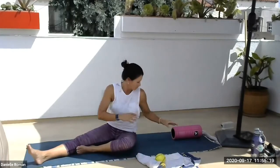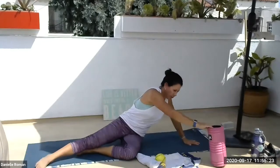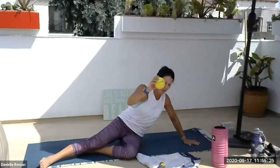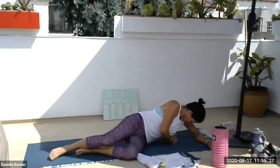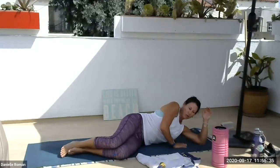So before I go lower, I'm going to get the side and my lats, my shoulder girdle, and my pec. So I'm going to use this foam roll. If you have a ball, I'll use a ball, just for those of you who have a ball. So I'm going to grab that ball, and I'm going to go to my inside, right on my lat. So inside of my shoulder blade,